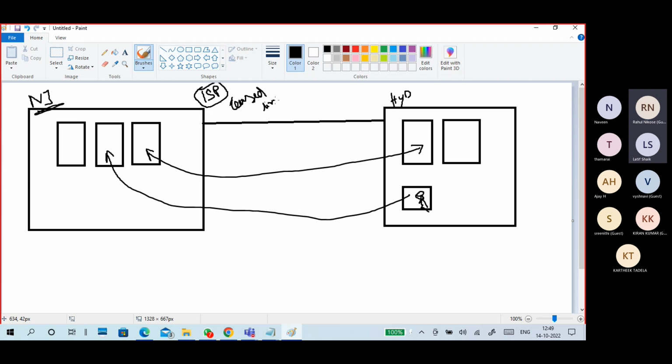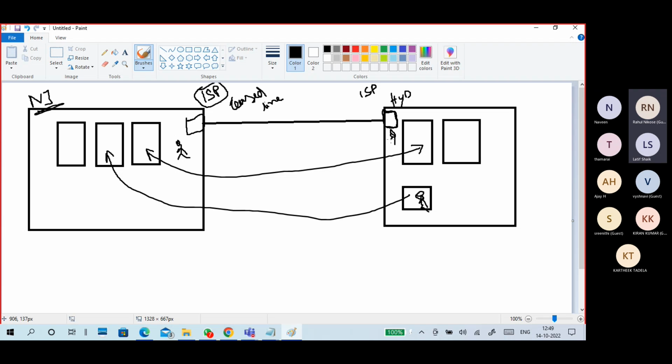Guys, leased lines are dedicated lines given through your internet service provider. The connectivity is between one location and another, given by the internet service provider.